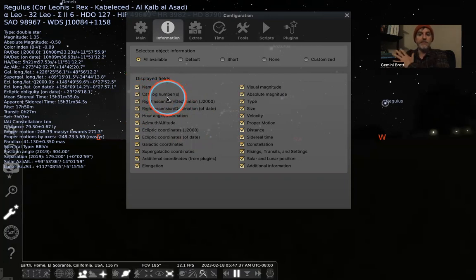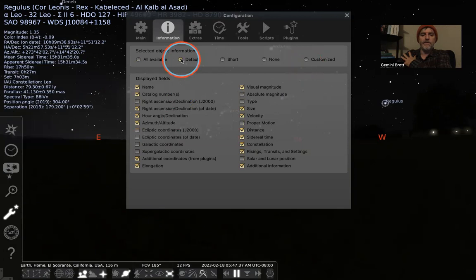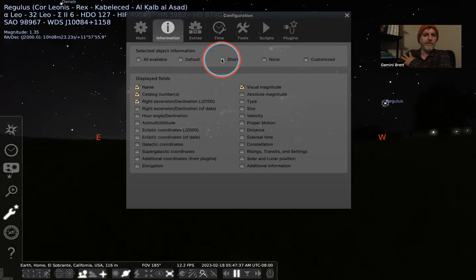Okay, this comes into a lot of personal preference, and you can change it anytime. And look, even here, there are some presets. So we can go to default, right? And we get less information there. That one's a little bit easier, but it doesn't have stuff that I want. Short, we don't get much at all. It's very interesting, right ascension and declination, magnitude. None,